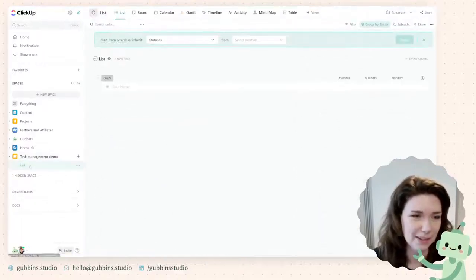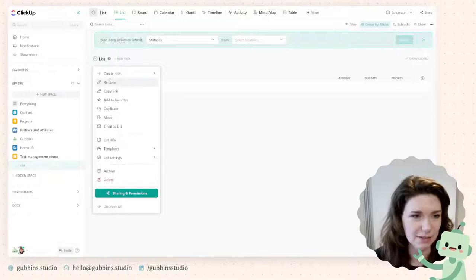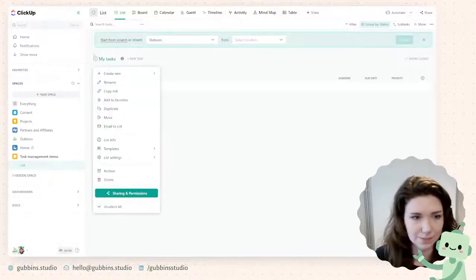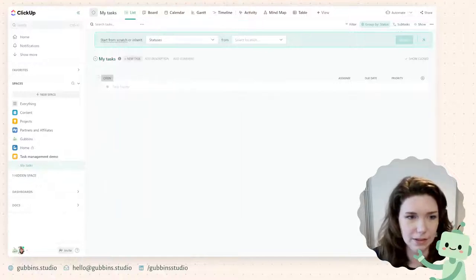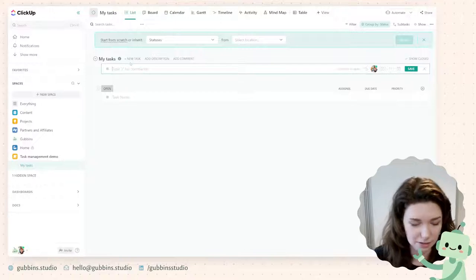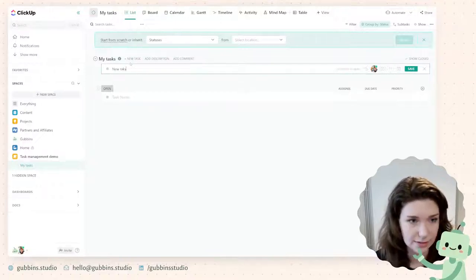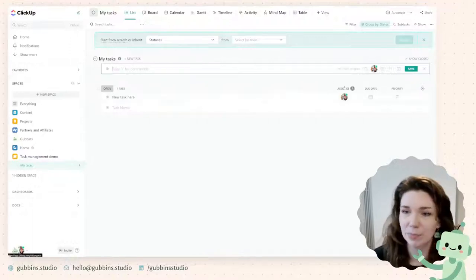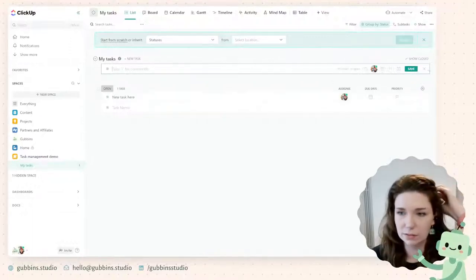Task management demo list. Okay, so instead of list, you could call this my tasks. And to add new tasks in ClickUp, it's quite easy. Just new task. Here, if I can type it, it's easy.